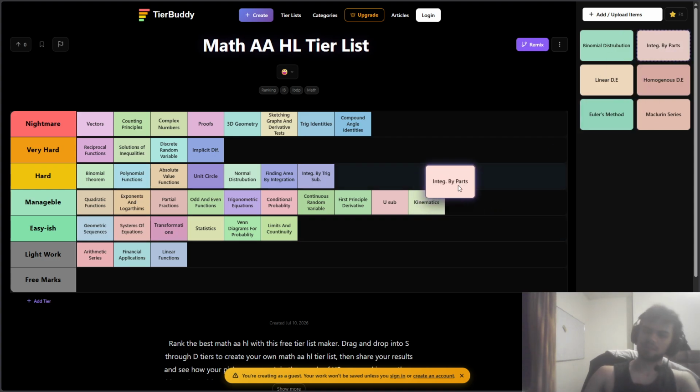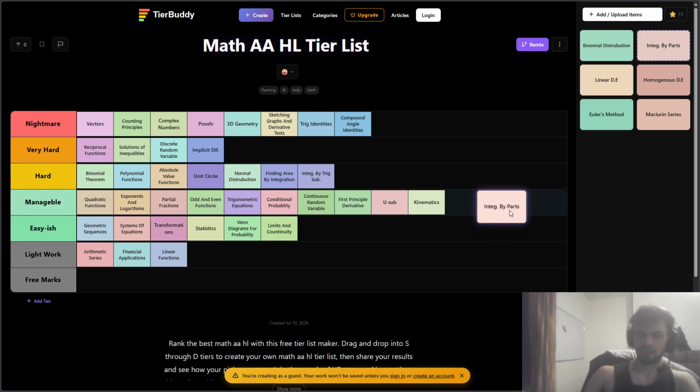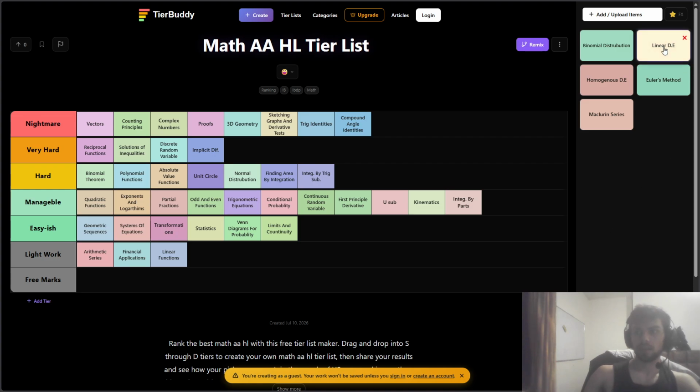Integration by parts. I mean, integration by parts is not really that hard, in my opinion. There is this idea you have to know with repeating trigonometric functions, so you just take the integral to the other side. It's not really that hard, it's manageable. Linear differential equations, oh, this is just using the integrating factor and stuff. There's a general solution that I just use, I don't really multiply and do the product rule thing. I just, oh, I got a cramp.